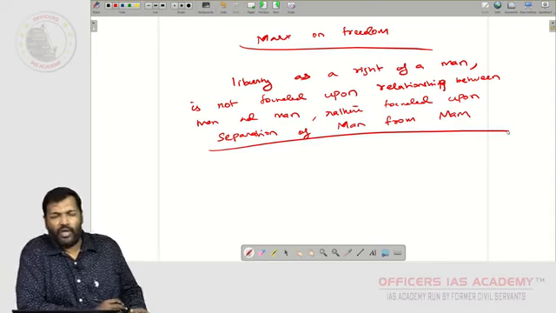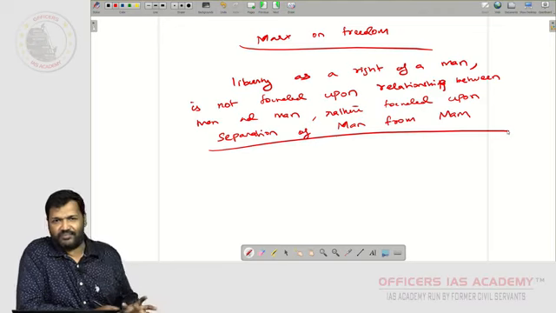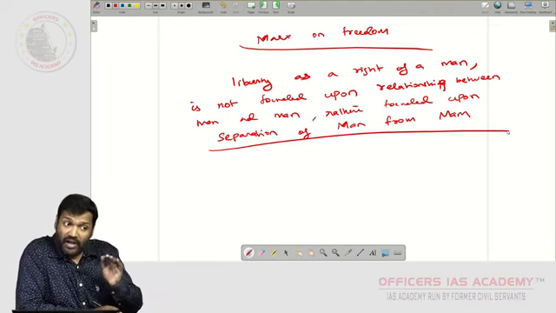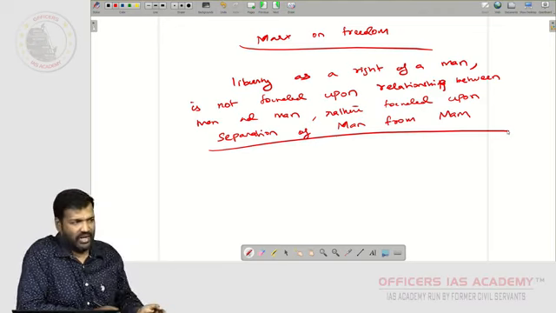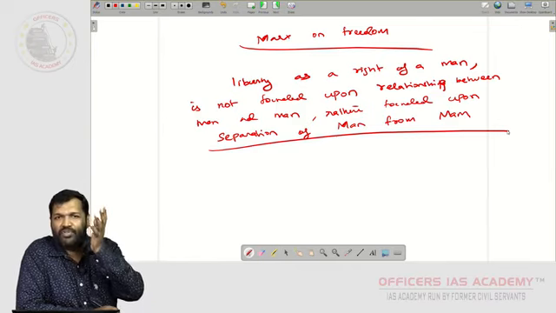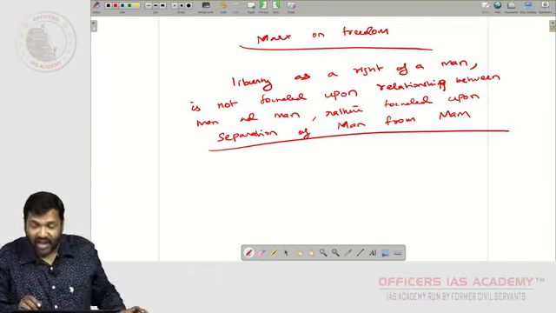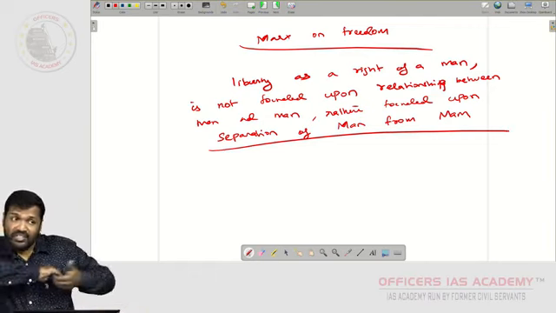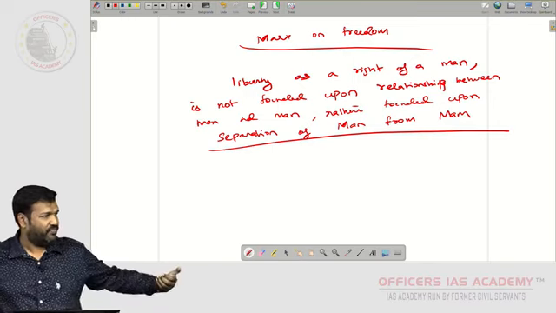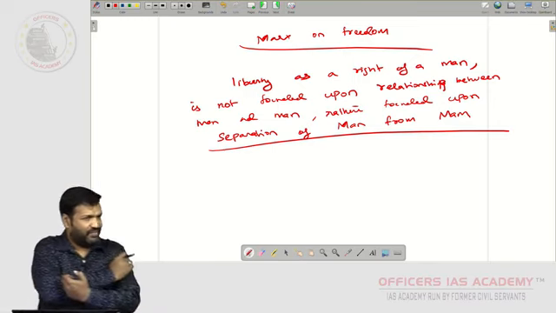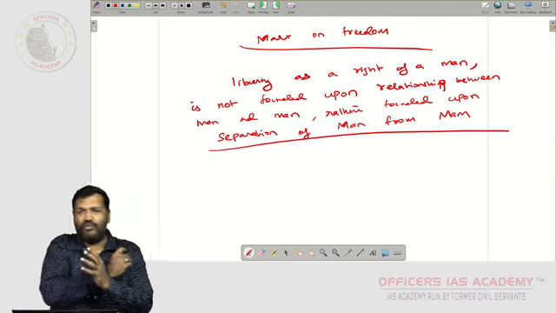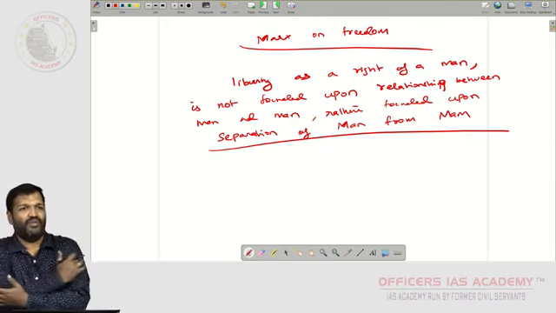So that is how we have to understand. Only in a communist society, as he has said, would real freedom be achieved, where freedom relates man and man. Till then, freedom separates man from man. It's not going to unite man and man. Only in a communist society will the notion of freedom unite man and man.